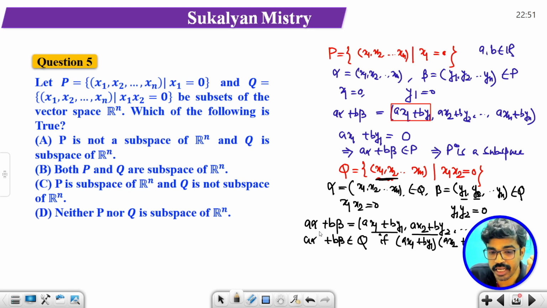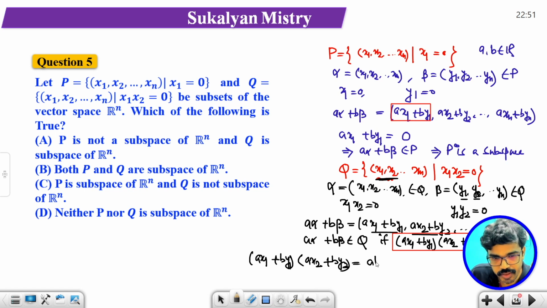If this is 0 then a alpha plus b beta belongs to Q. এবার দেখো এই দুটো মাল্টিপ্লাই করলে কি তুমি 0 পাবে? এটা যদি মাল্টিপ্লাই করো তাহলে দেখো তুমি কি পাবে, a² x1 x2, ঠিক, ab x1 y2। x1 x2 তো 0, কিন্তু ab x1 y2 তো 0 নয়। If we multiply this, what we get: ax1 plus by1 into ax2 plus by2, what we get, that is a square x1 x2,